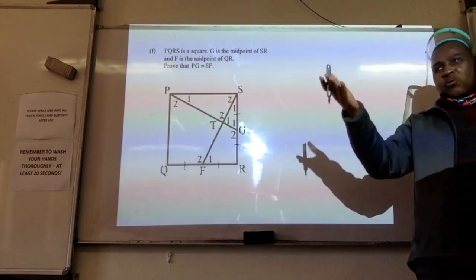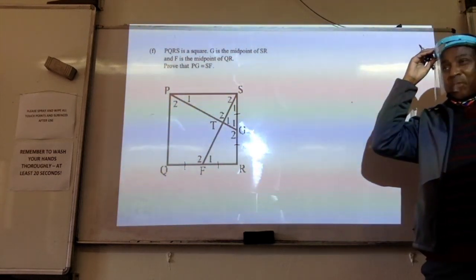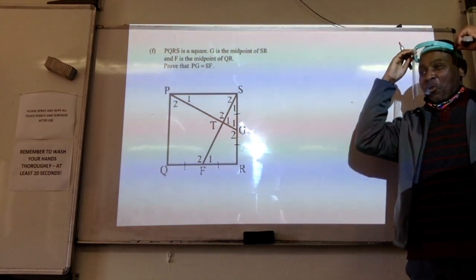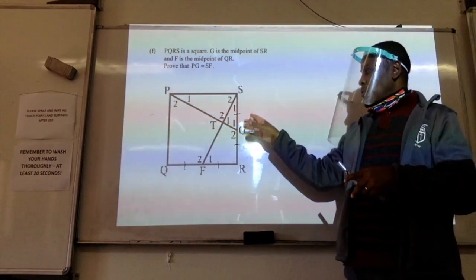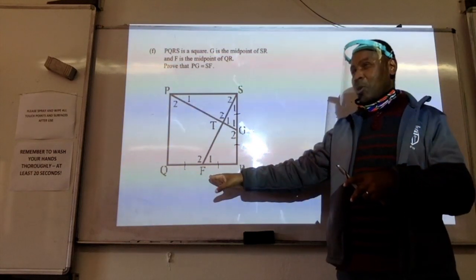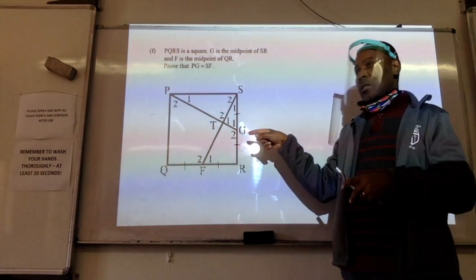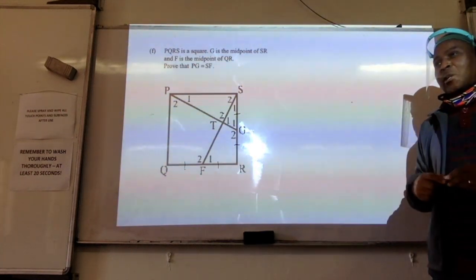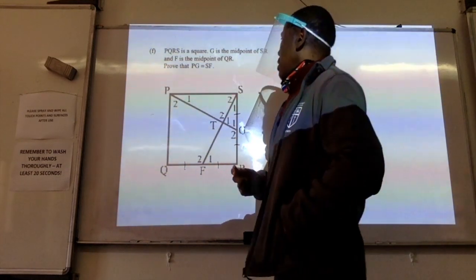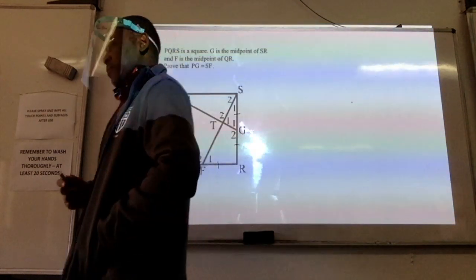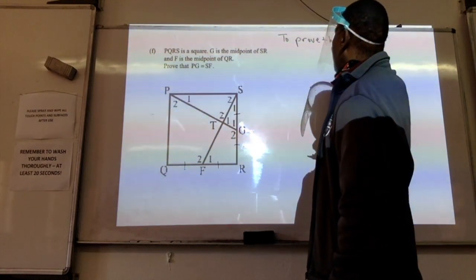You kind of jumped to it straight away. But we need step-by-step proofs. Your conclusion is quite correct. If G is the midpoint of this side of the square, and F is the midpoint of the side there, then it should follow that SF is equal to PG, but we're not going to put it that way. We need to prove it. So how do we prove that PG is equal to SF? To prove that sides are equal,